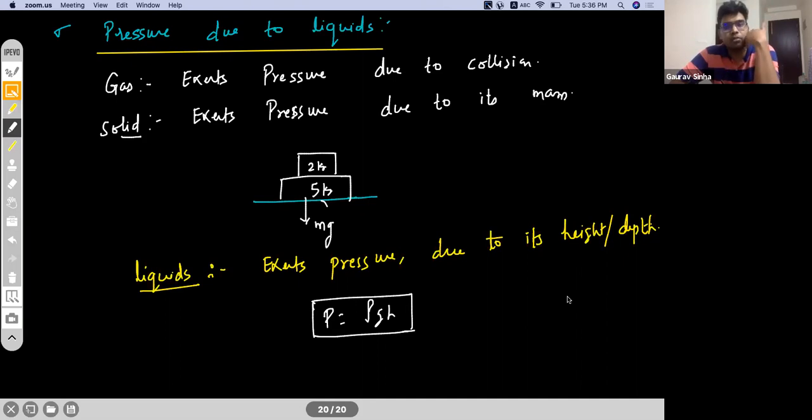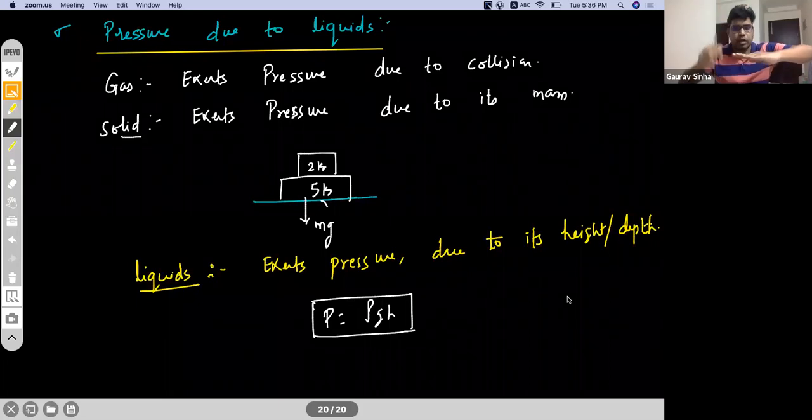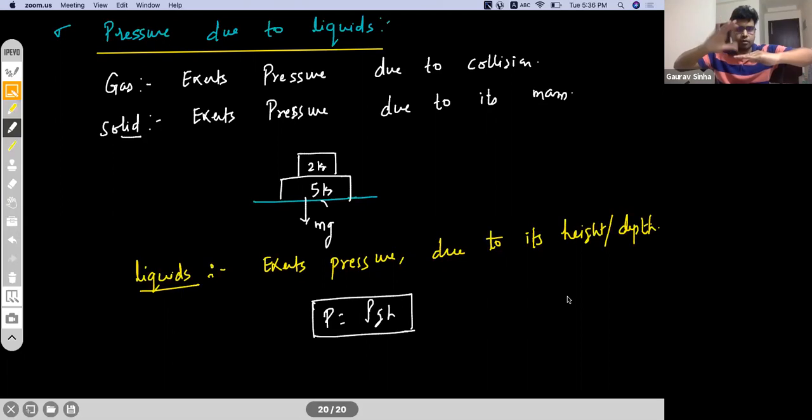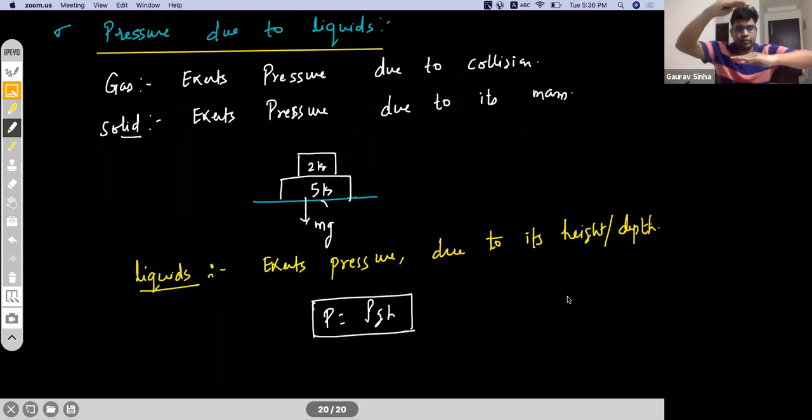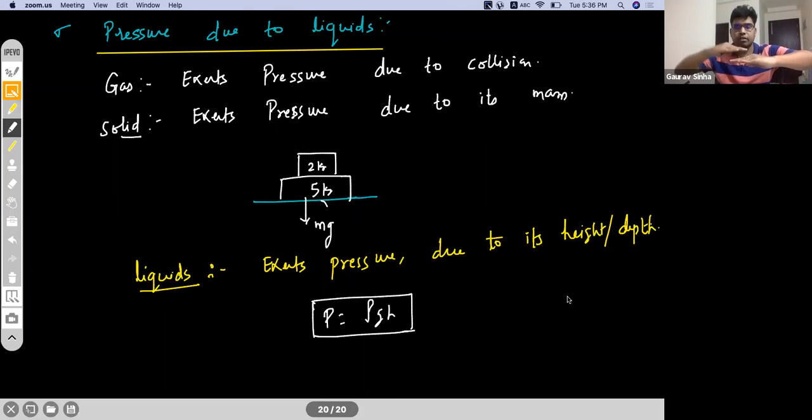How do we get this formula? Do you know the derivation of it? Okay, fine. Quickly we'll go through it. See what happens as the height of the liquid increases. Suppose you are at this position and on this side you have liquid, correct? At this point, you'll have certain pressure because of this column. It's not the water that is below you, we have nothing to do with that. The water which is above you, whatever the height of this water column, this height will exert pressure,